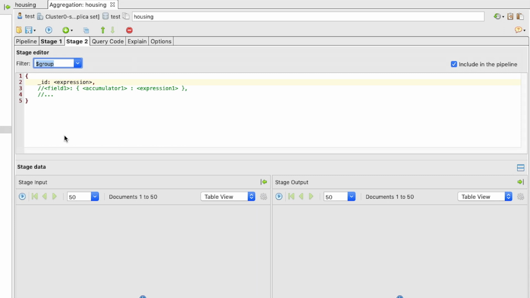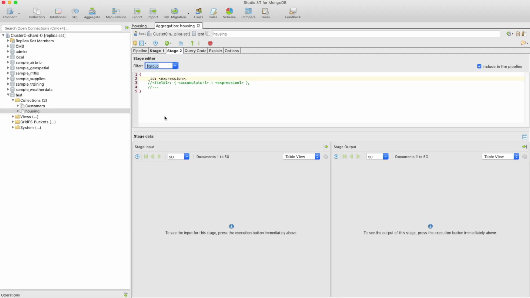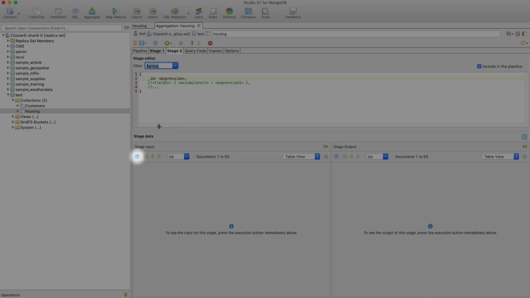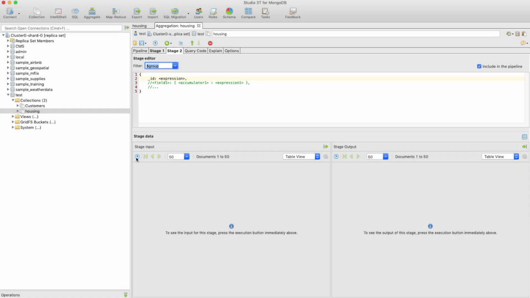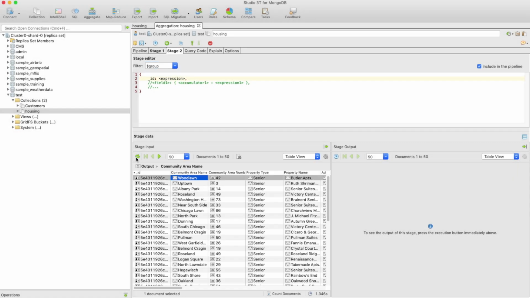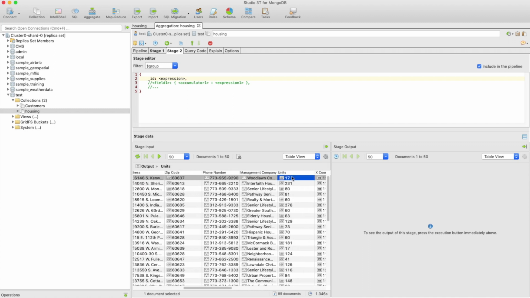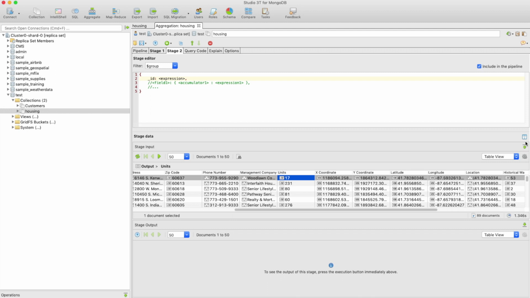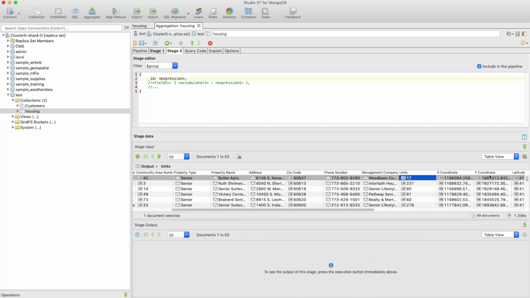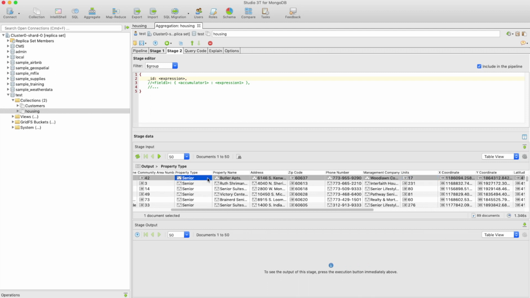Let's take another look at the data coming into this stage. It should match the output from the previous stage. I'll click the Show Input from this stage button on the left-hand Stage Input pane to verify. We'll also be working with the zip code and unit fields for this stage, so I'm going to choose to view Stage Input and Stage Output vertically by selecting the toggle. This way I can see all the fields I'll need, the property type, zip code, and units field, in the same window.